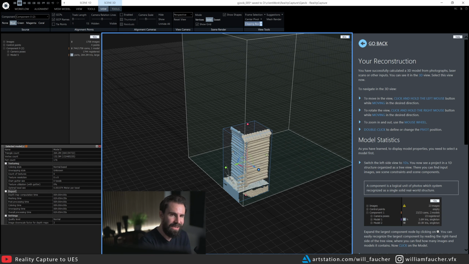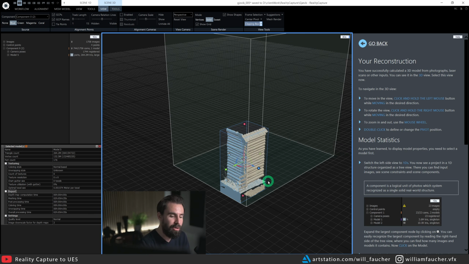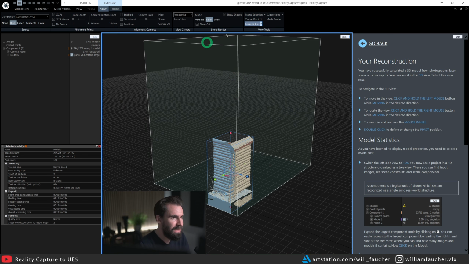Due to the density of our building here, using the clipping box is not ideal because I want to see the entirety of my building. I don't want to have to load small sections of it. So that brings me back to what I was talking about when it comes to simplifying the model. Essentially, decimate it down from 264.2 million triangles down to something like 39 million triangles, just underneath that 40 million triangle threshold. So I'm going to go to clipping box up here again, and I'm going to clear the clipping